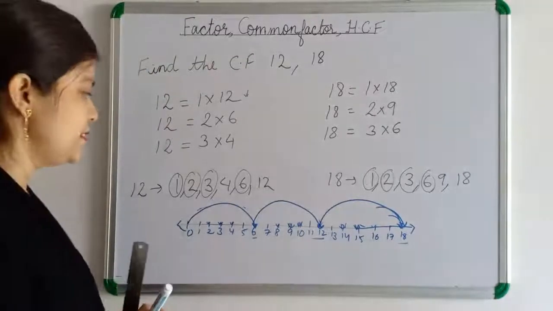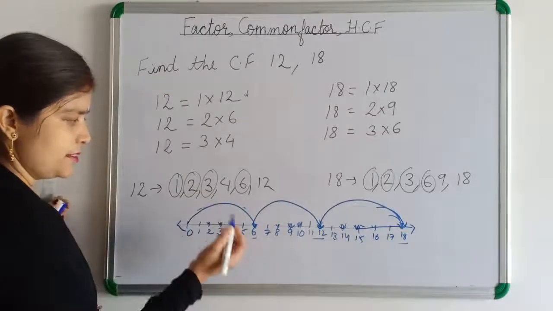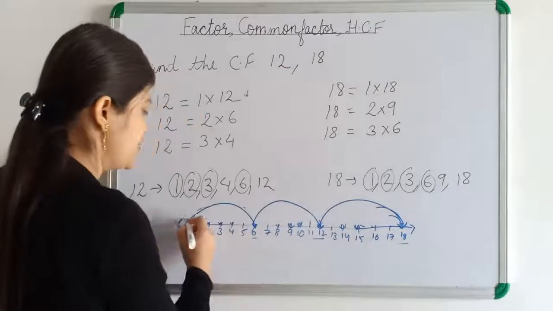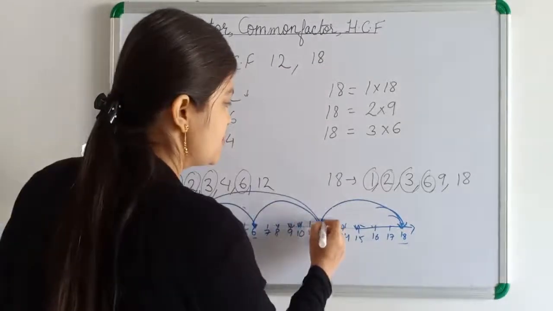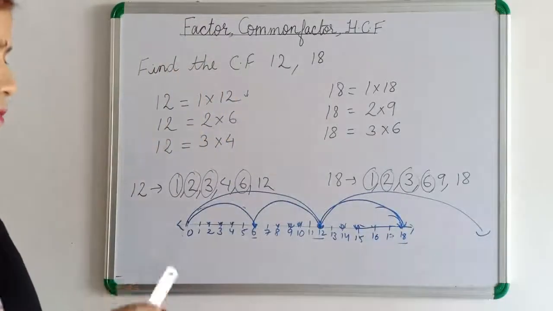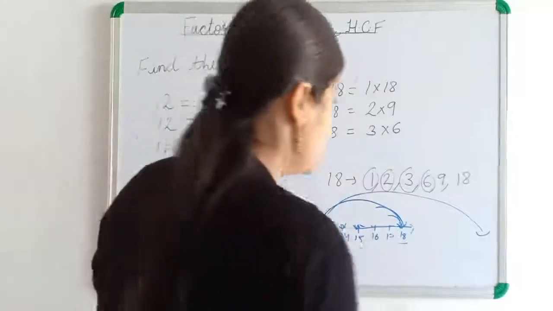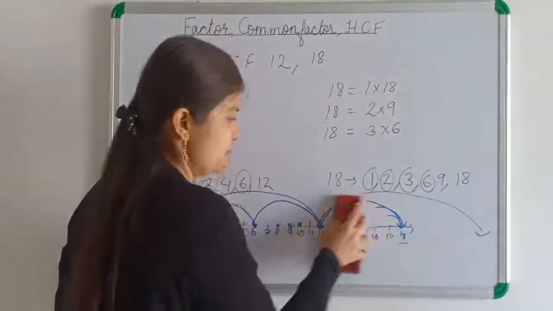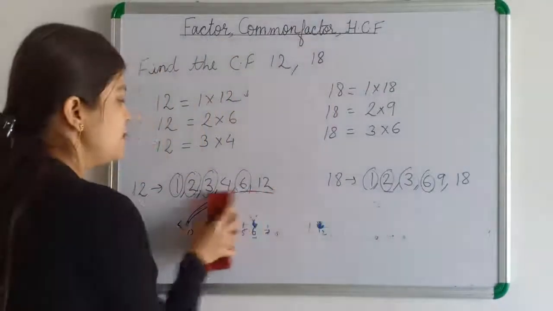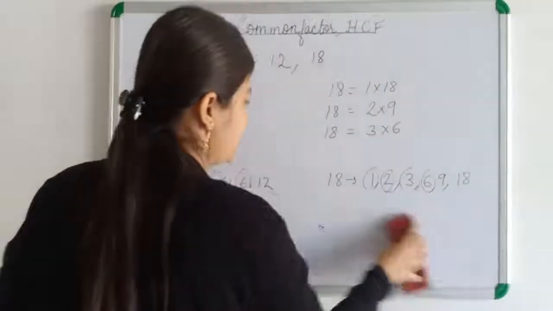And when we jump by any number which is more than 6, like 12, we will not get both the numbers. If you jump by 12 steps here, the next 12 steps will go further, and we are leaving 18. So these are the common factors, means the numbers which are shared by both the numbers, means when we divide the numbers by these numbers, we get 0 as a remainder.